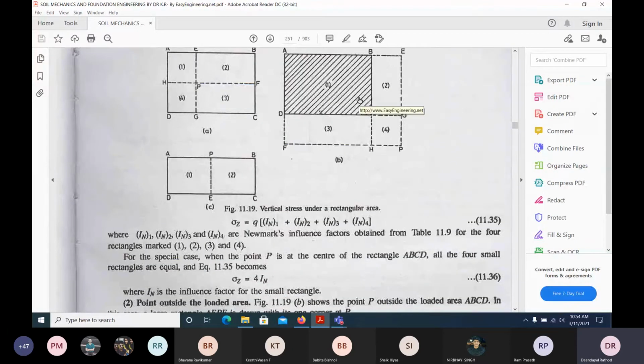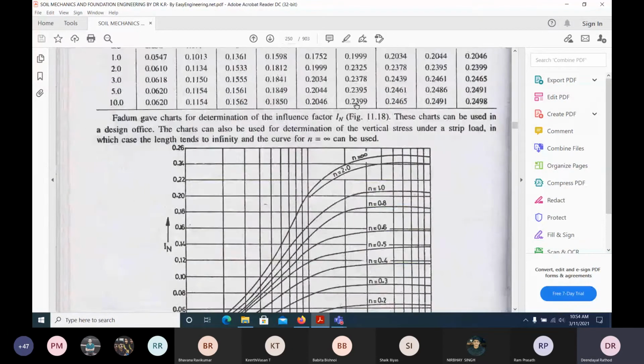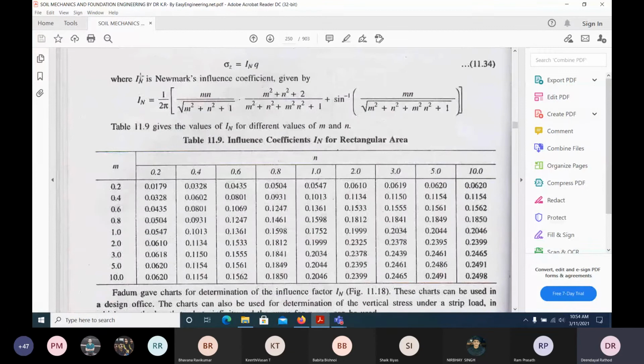What it is given, so here again one more term may come. Okay, that is Newmark's IN, so IC, IB and the IN. So you will know what is the MN and all when you do all the integration. Okay, that I'm skipping for you, to save time. So likewise we can find this out, I'm just giving you the basic things.